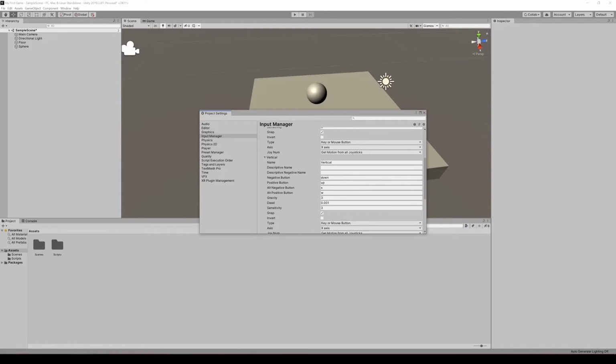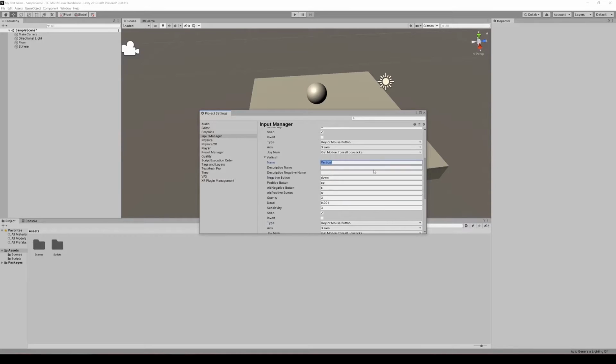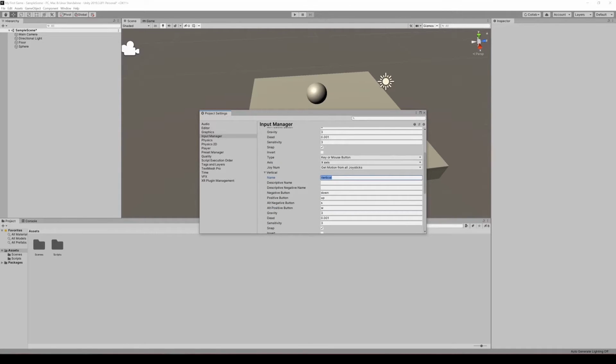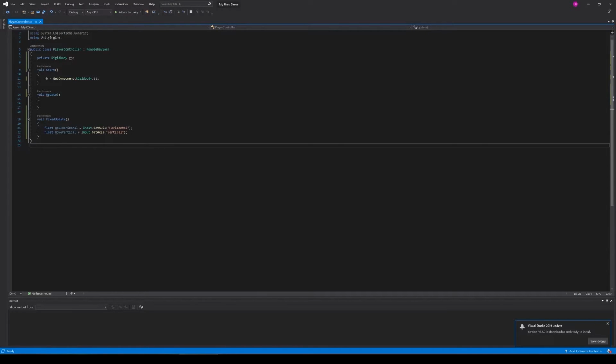So these are the default settings, but our up, down is actually going to be forward and back, rather than up and down. Cool, so back to our code, we have declared a float called move horizontal, and we're going to get a